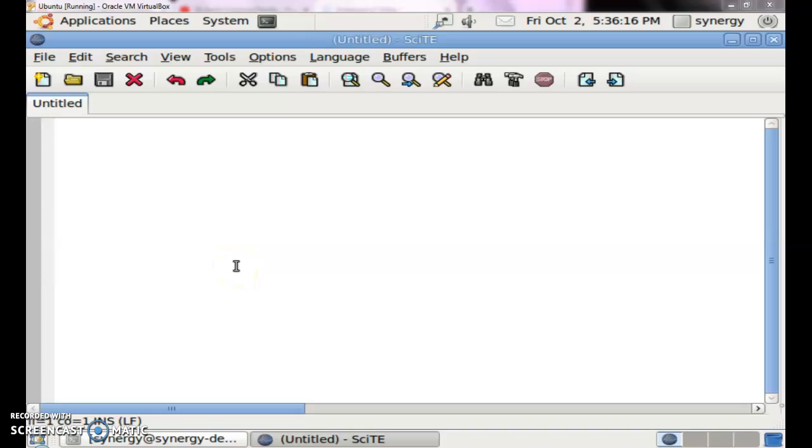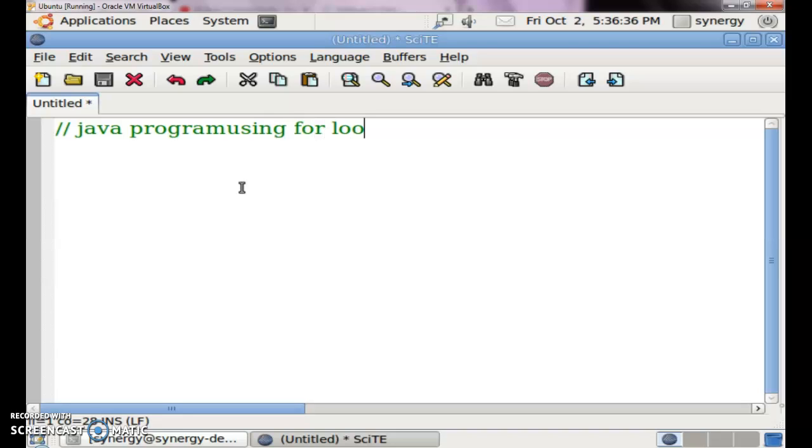Let's start programming in Java, using a for loop. Let's write public class